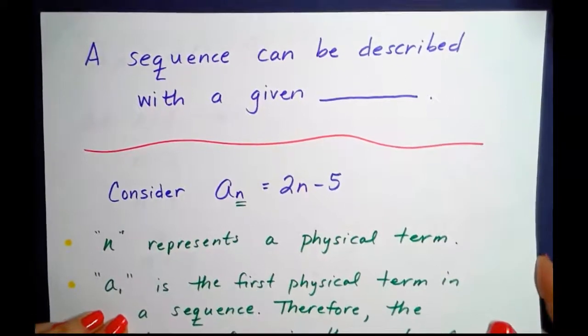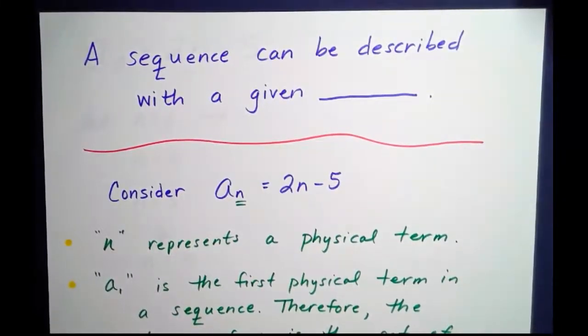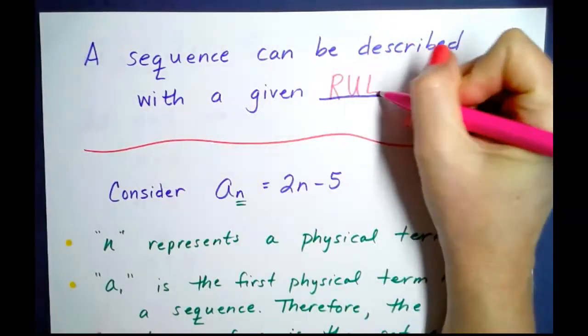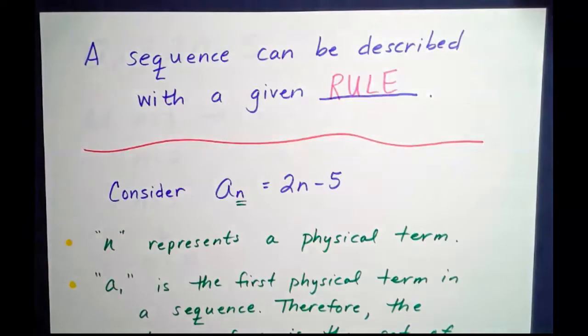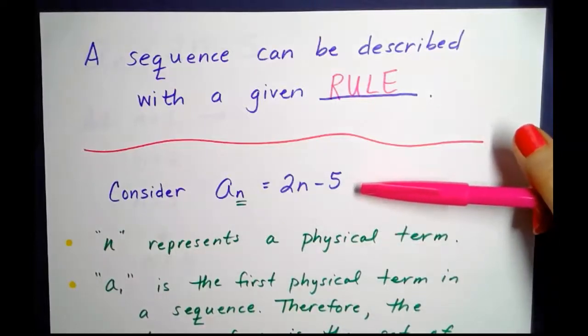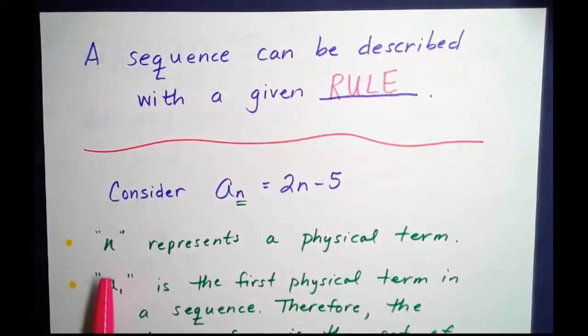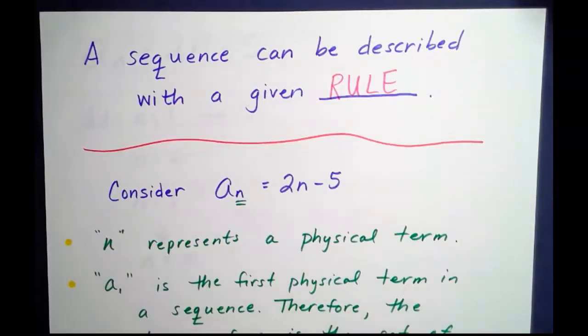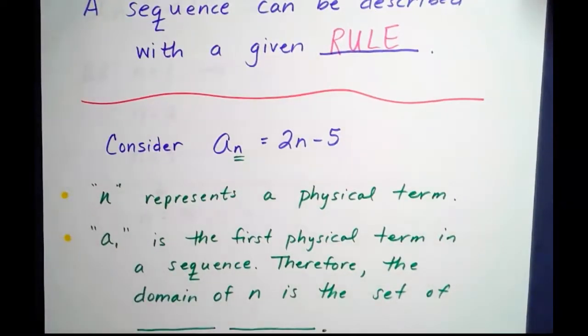A sequence can be described with a given rule. A given rule. That's the word we're looking for there. And here's a given rule. Consider a sub n. A sub n is 2 times n minus 5, where n represents a physical term and a sub 1 is the first physical term in a sequence. Therefore, we can say that the domain of n is the set of all